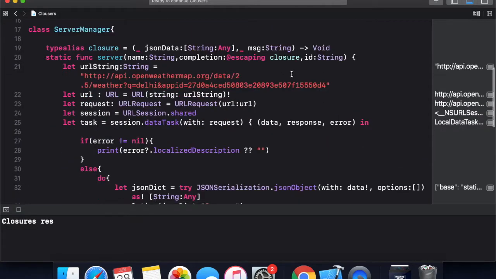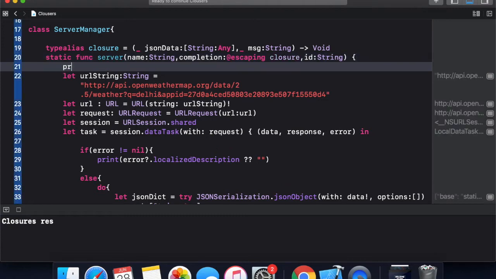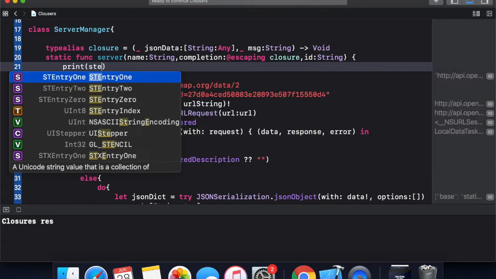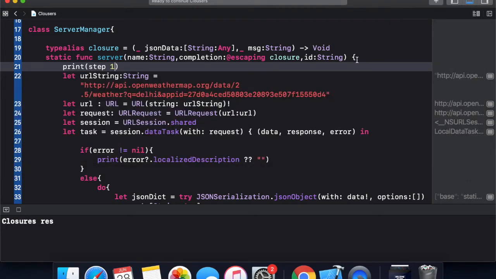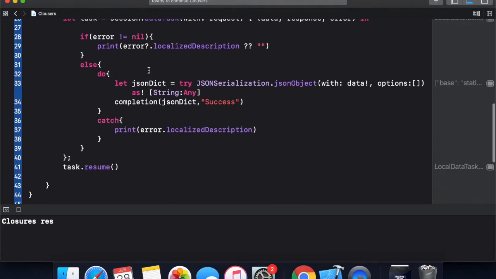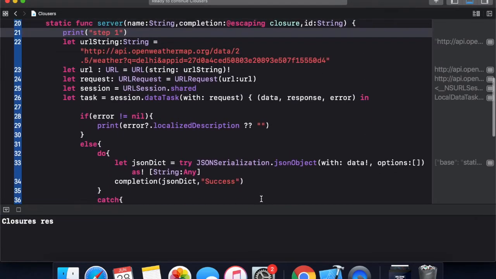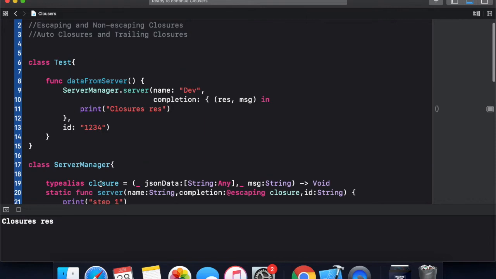If I want to be more specific about that, let me print something over here. Executing will be step 1, and the closure part will be step 2.